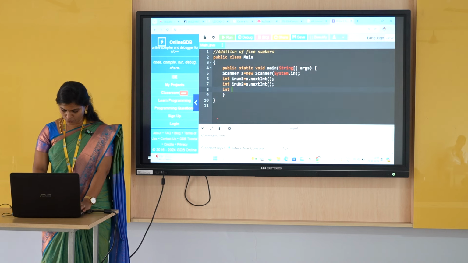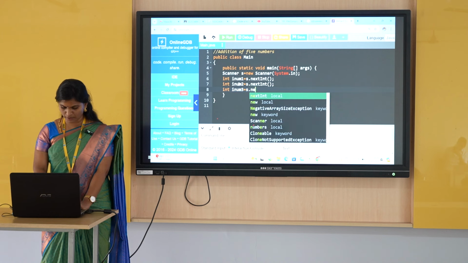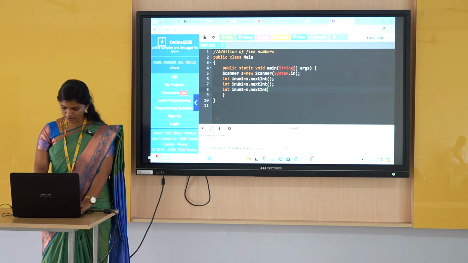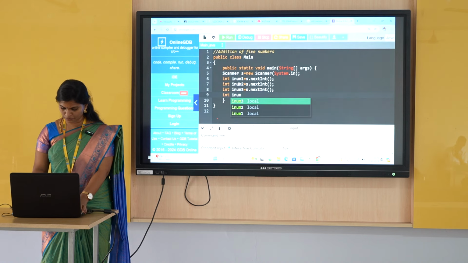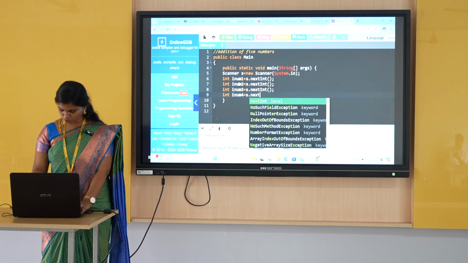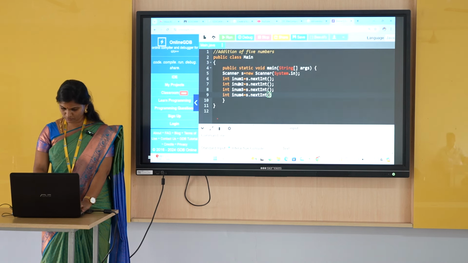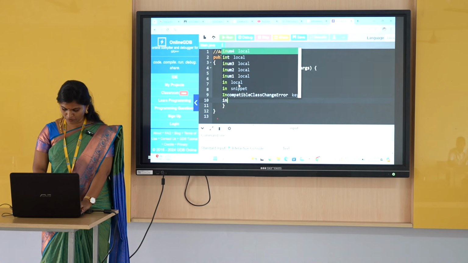Similarly, I am going to get one more input, inum3 is equal to s dot nextInt. Next input, inum4 equal to s dot nextInt. You have to retrieve one more input.